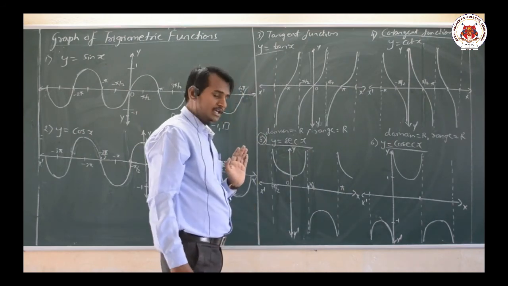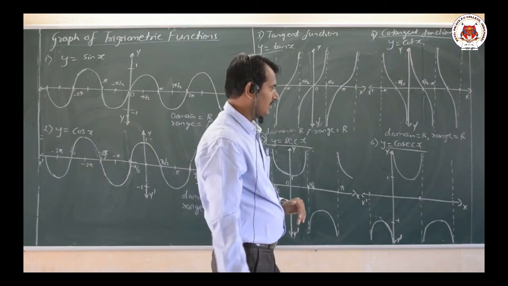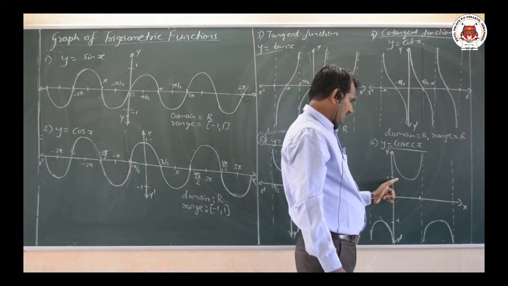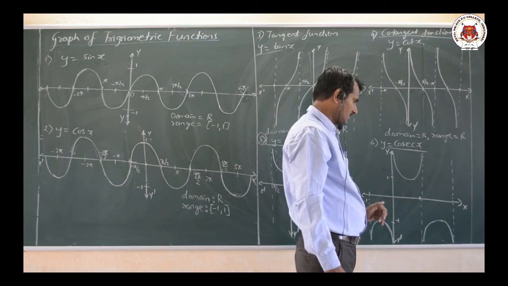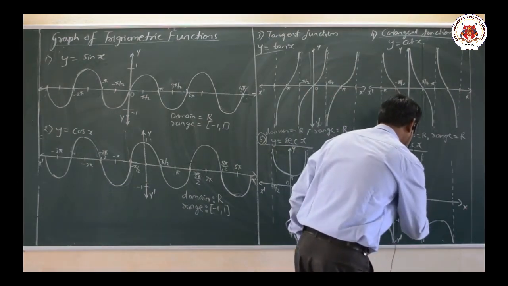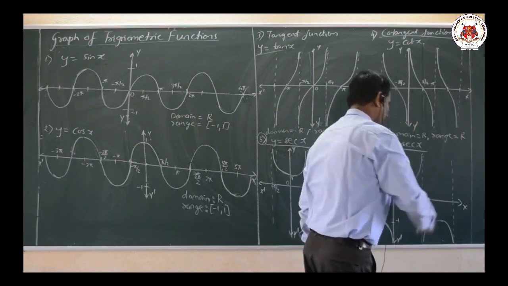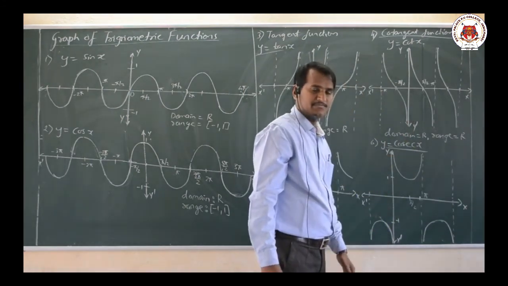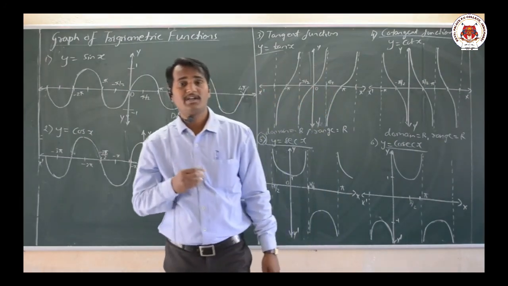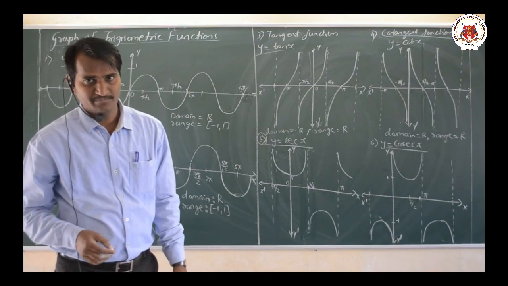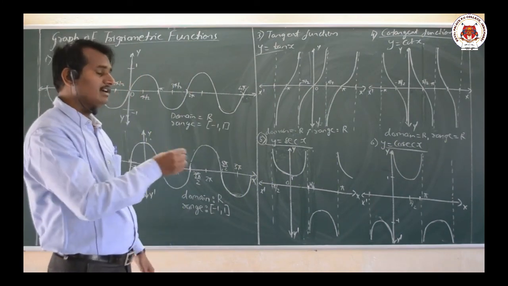Now let us move on with the next part, that is cosecant x, the last one. Now here cosecant, what is the value here? We can observe that its value will be at pi by 2 and then pi and so on. Now here similarly the graph of the cosecant x. And similarly we can find out the domain of the secant x and the cosecant x, both are nothing but real numbers only. And similarly we can find out the range also.